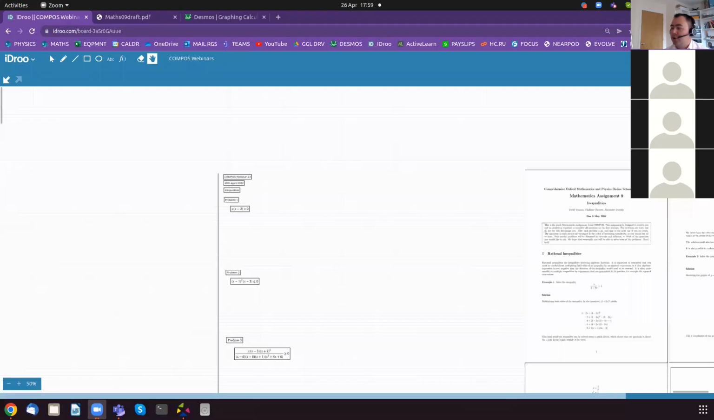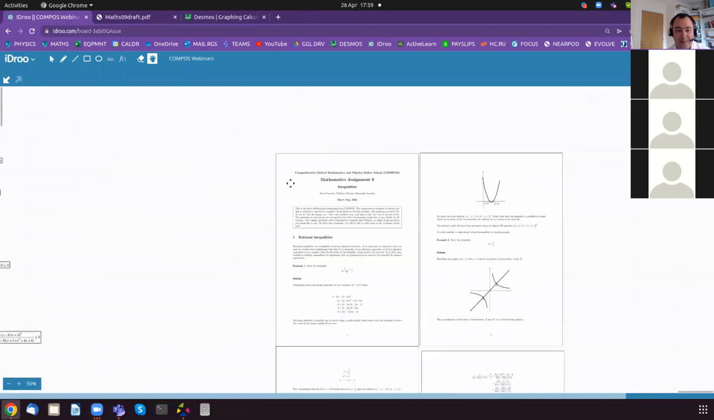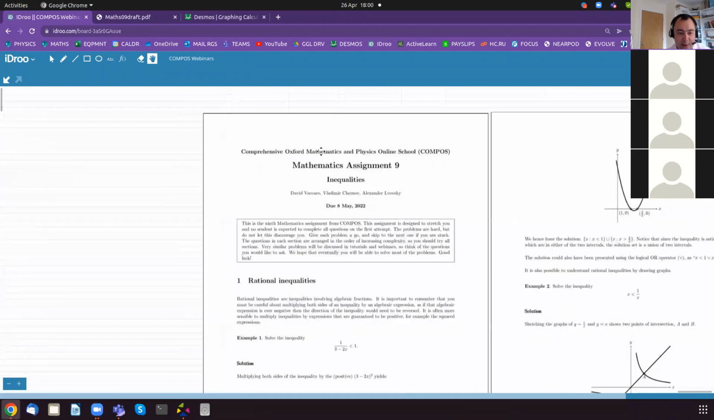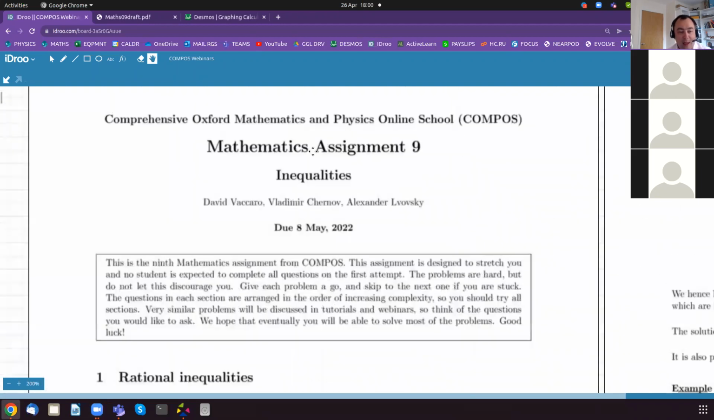Okay. So I'll start sharing my screen. First, I'll show you the assignment. So you're the first ones to see the assignment. So here it is. It's called Inequalities. And the reason why I've put it here is that when I was designing the program